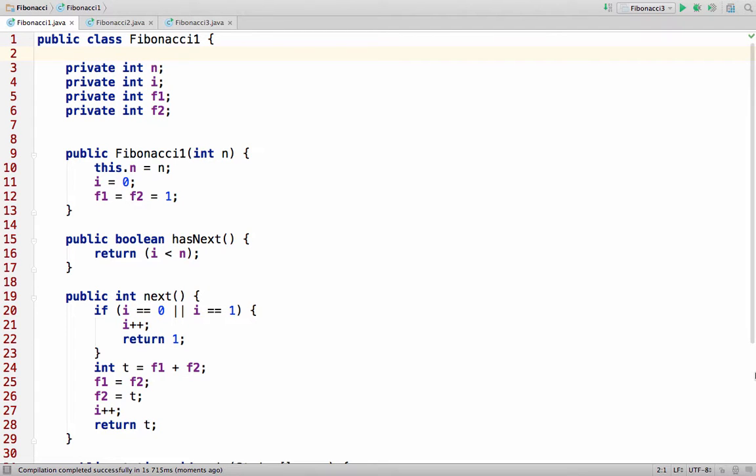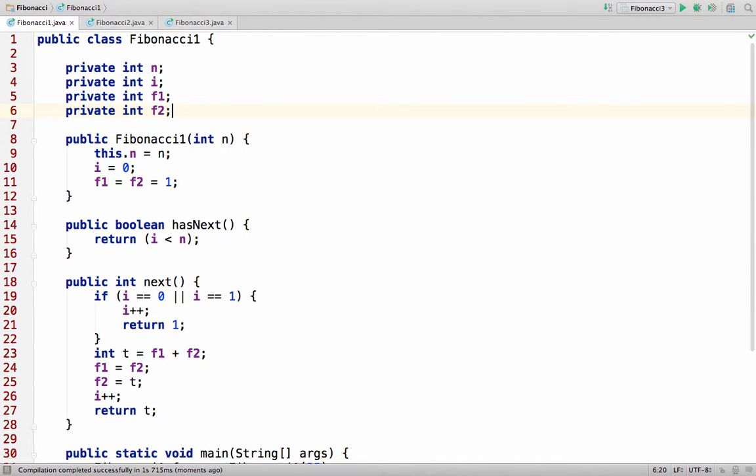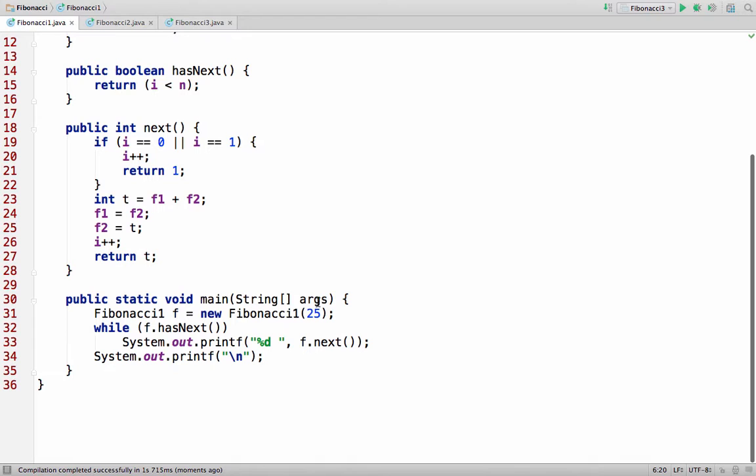We worked on this class before. We implemented the Fibonacci number generator. We wrote the constructor, the hasNext, and the next method. And then we also wrote the main, where we're just generating the first 25 Fibonacci numbers using the hasNext and